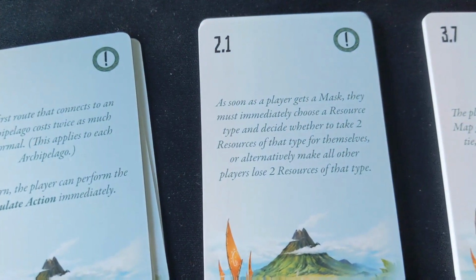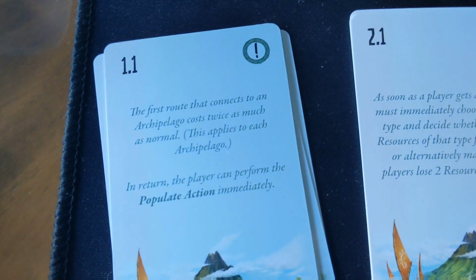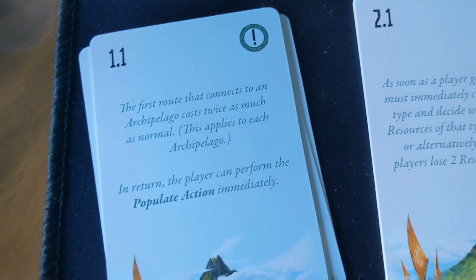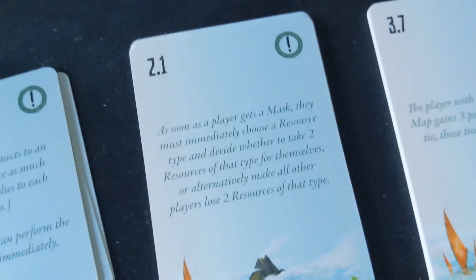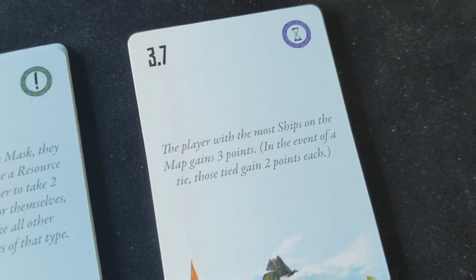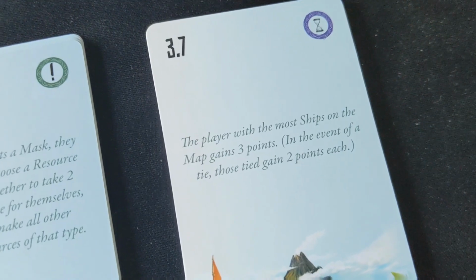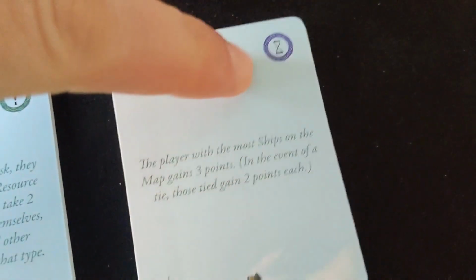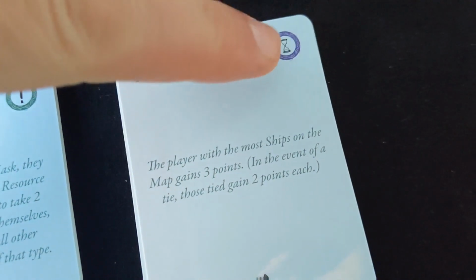This one here says that as soon as a player gets a mask symbol, which are these little tokens here like this, then you can choose a resource type and choose whether to take 2 of those resources or make all the other players lose 2 of those resources. So, that one's got a bit of take that in it. And the number 3 here I've set up with the player with the most ships on the map gains 3 points. And that's the end of the game bonus, or end of the game criteria there,